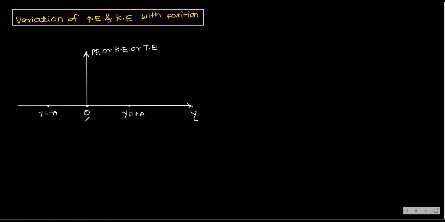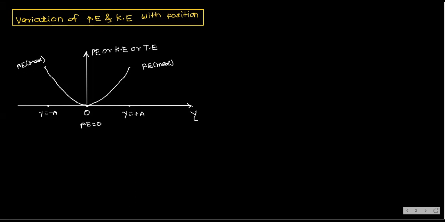Okay. Now tell me, at the mean position potential energy will be 0. Yes. And at the extreme position it will be maximum. So what I am doing, I will take two dots first, and then I will plot the graph. So something like a bowl I will get, right? Here potential energy is equal to 0 at mean position, and here potential energy is maximum. We know at the extreme position, potential energy is always maximum.